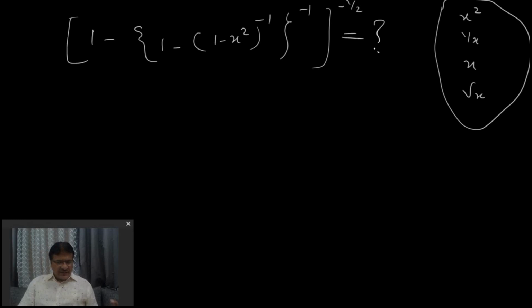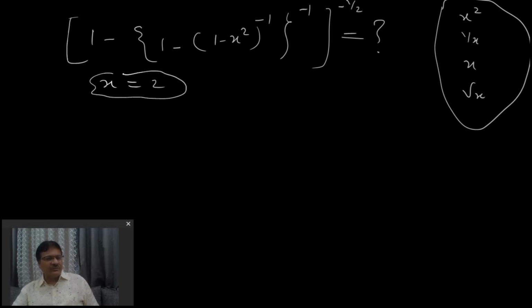So I would like to explain how to solve such questions intelligently. If you really solve this, it will be a very tough task, or rather not tough, it's a lengthy task. Lengthy would be better to say. Now if I put x equal to 2, say any number I am taking, x a small number 2, and then